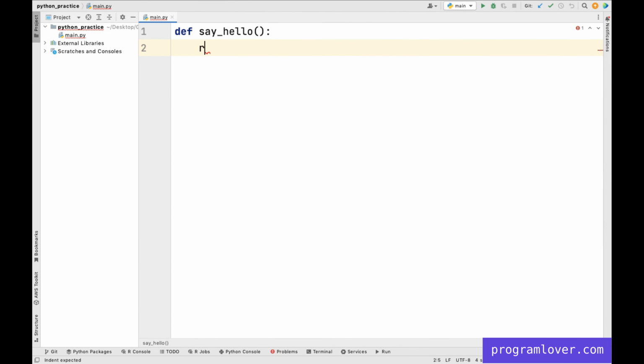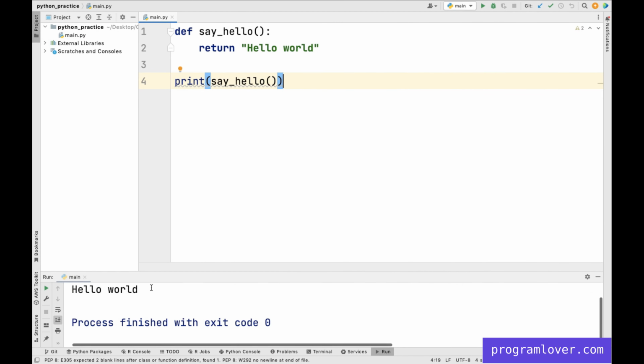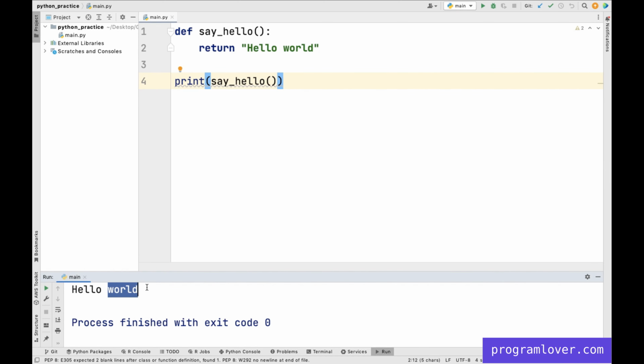And this function returns hello world text. Now we call this say hello function and print the text written by say hello. After running this program, you can see the hello world text is printed.